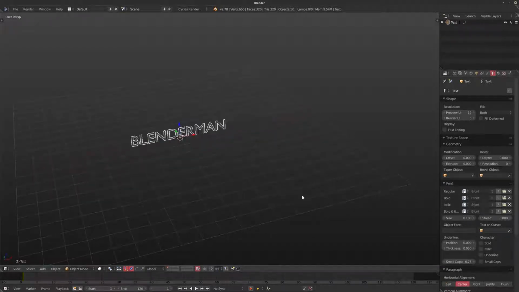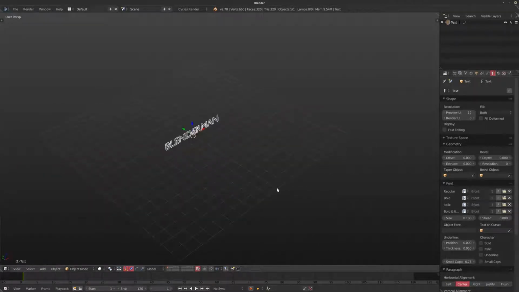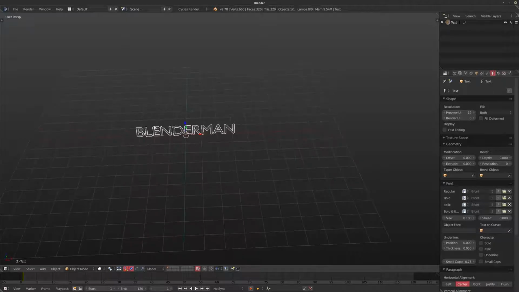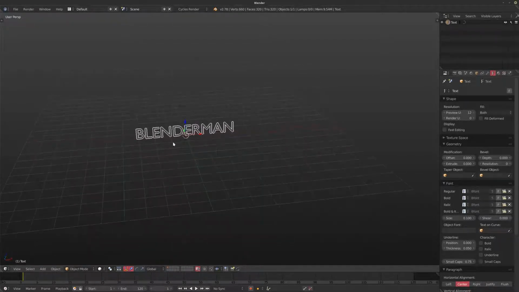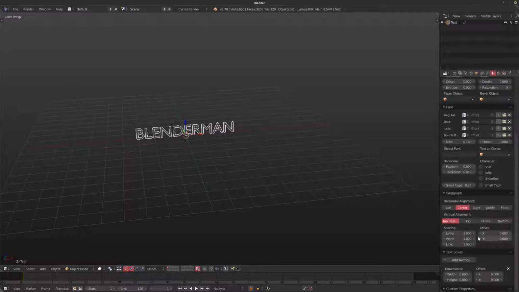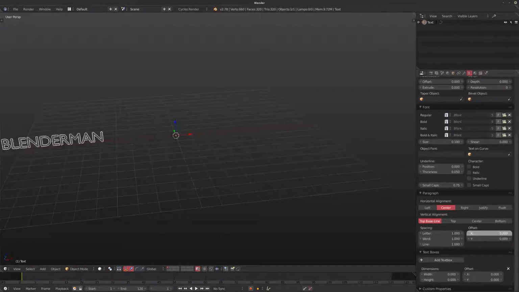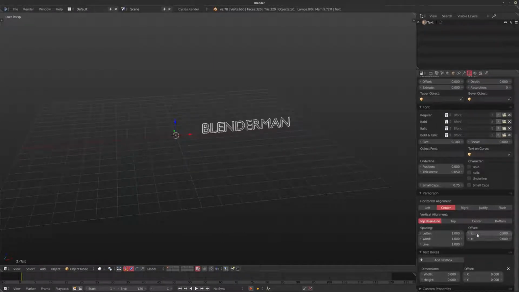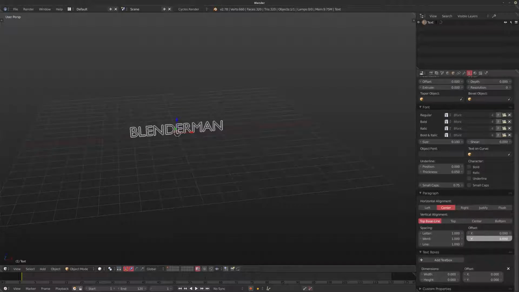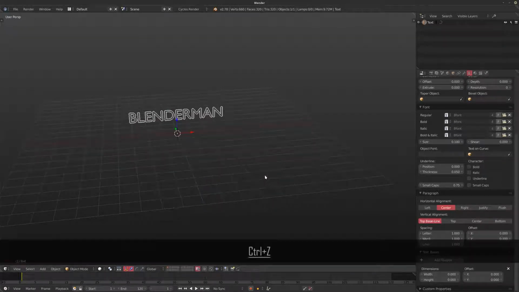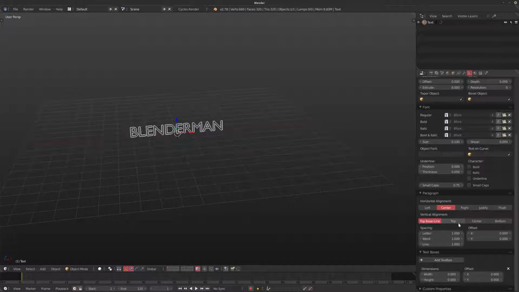Now, I like to center this text. That way I know if I put a camera in the center here, then my text is going to be pretty much centered. Sometimes, depending on your font, it can be slightly off-center. And the cool thing is, if you go down here, you've got a whole bunch of extra stuff that you could actually change. We could change the X and Y offset for the text. So if you run into trouble with text not being 100% centered, you could use these X and Y offsets as well. Not only do you have horizontal alignment, but you've also got vertical alignment, and you can change the letter spacing, the word spacing, and the line spacing.